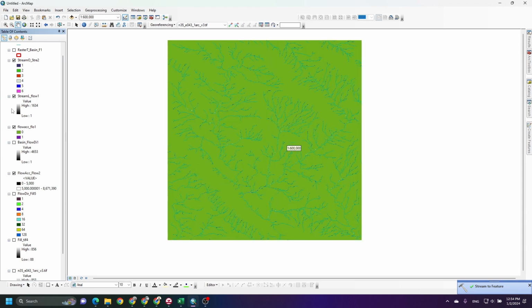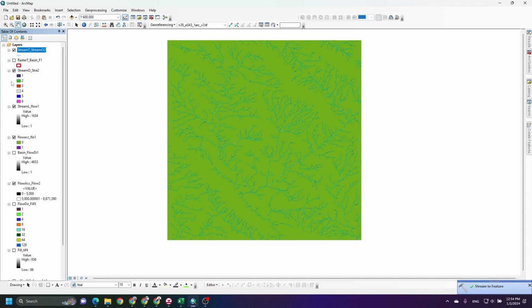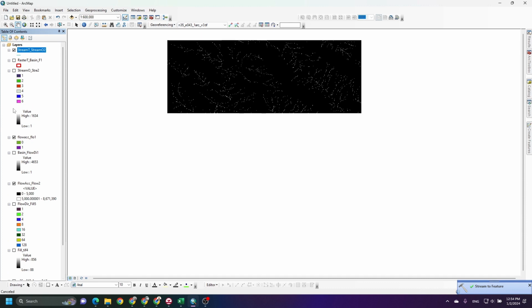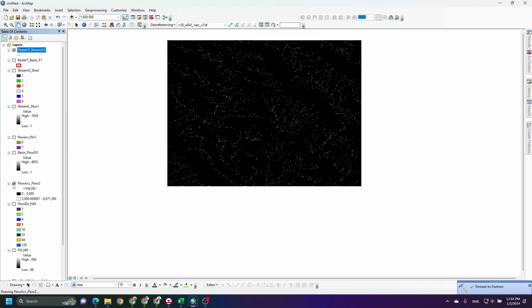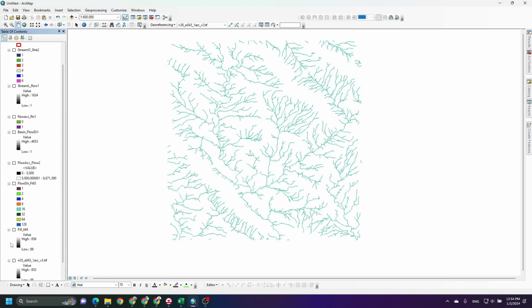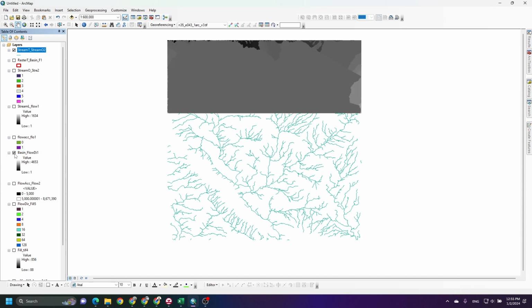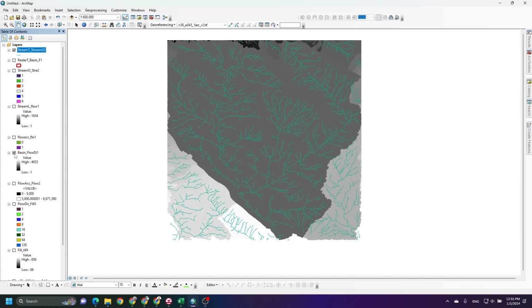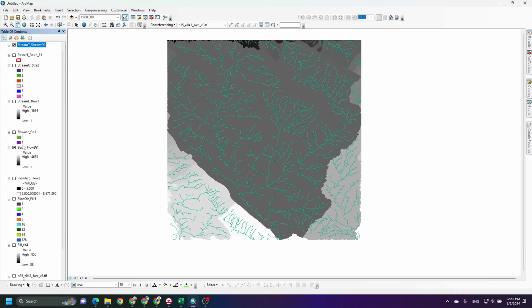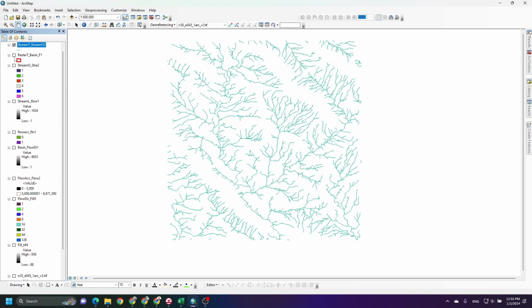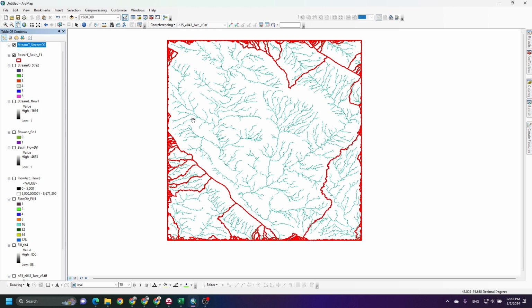As you see here, I will show you. Let's deactivate the other layers, and you see here we have it, and this is the basin. We converted it previously to polygon. Here we have the polygon.